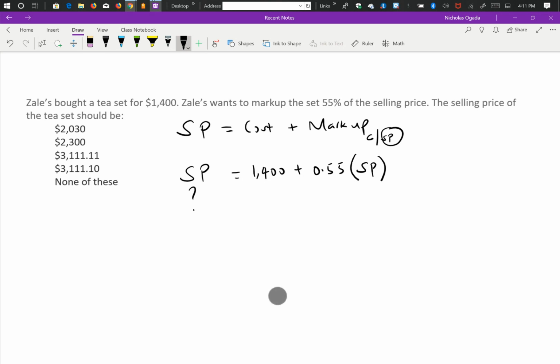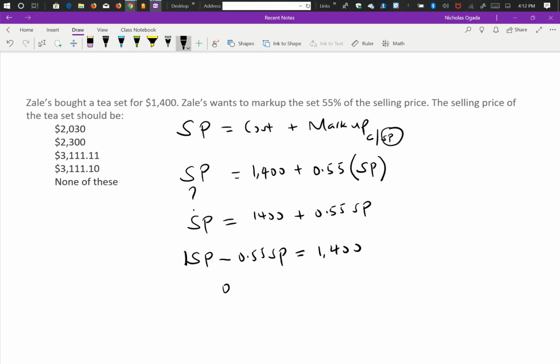So your selling price should be equal to 1,400 plus 0.55 SP. To determine your SP, you take the 1 SP. Remember, this is the same as saying there's 1 SP here. What we learned from chapter 5: minus 0.55 SP should be equal to